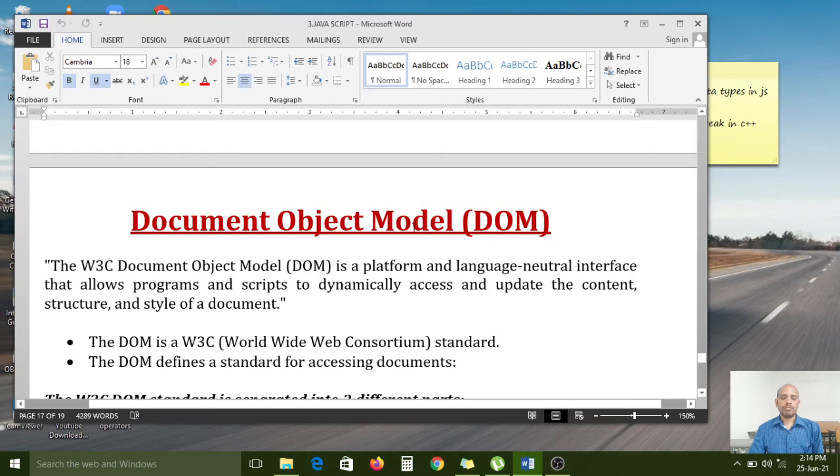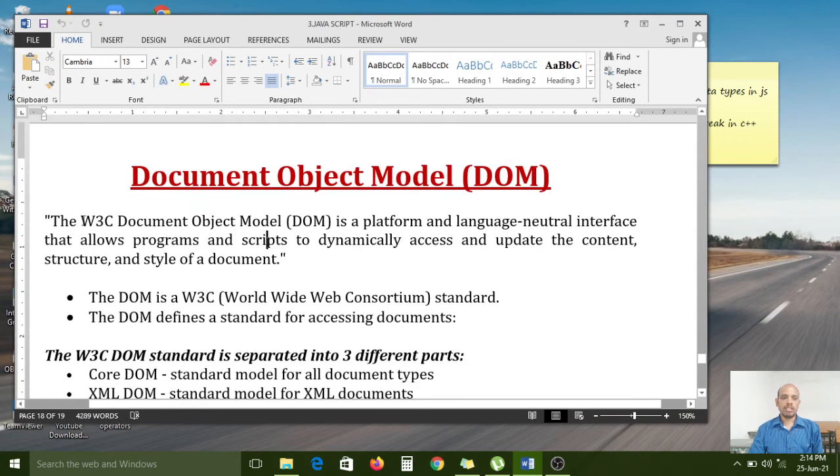Document Object Model, in short we can call it DOM. DOM is a platform and language neutral interface. Language neutral means that whatever programming language we are using right now along with HTML, that object is adopted by the document.